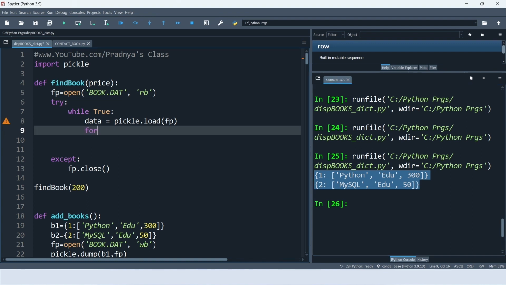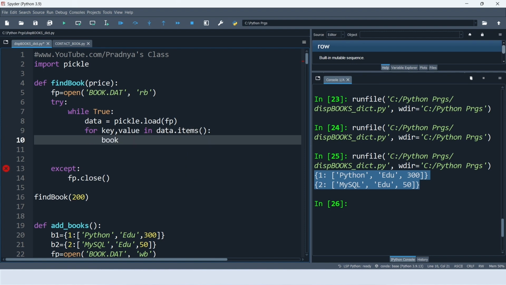Now it's time to iterate over the data which is in the form of a dictionary, and we need both key and value. That's why we will be using key comma value. The name of the variable is data, where we are getting the content in dictionary format. We will be using the items function of the dictionary.